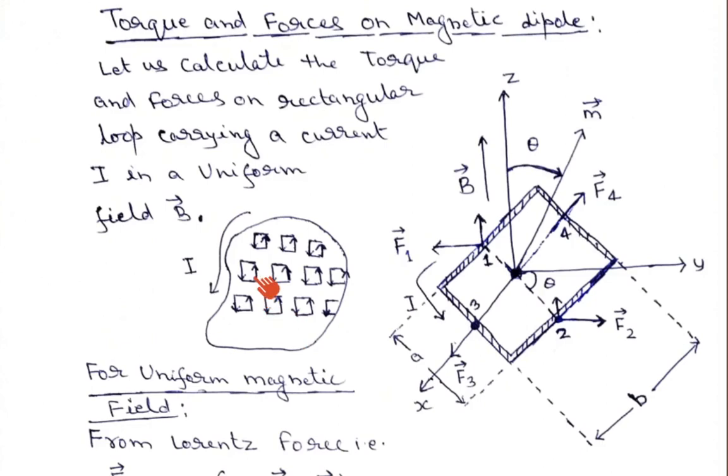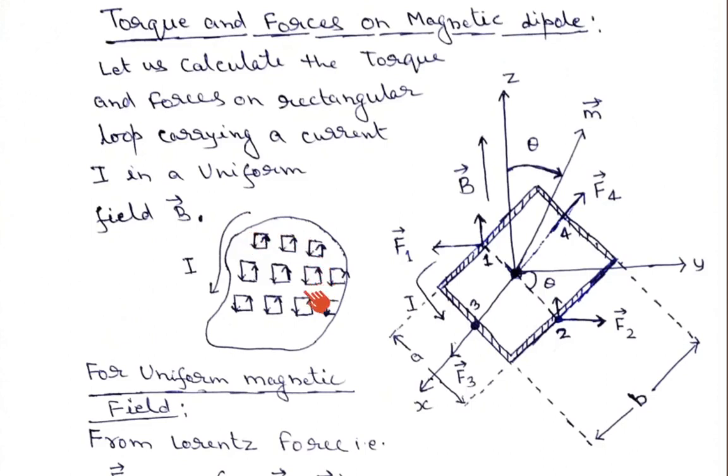If you see the inner sides of the rectangular dipoles, let us say this side, the current is flowing in the up direction, and in the neighboring dipole the current is flowing in the down direction. So this dipole and this dipole will cancel out. Similarly, this is in the up direction and this is in the down direction, so they will cancel out. What remains is this side of the dipole and this side, and this side and this side, that is, the outer sides of the rectangular dipoles.